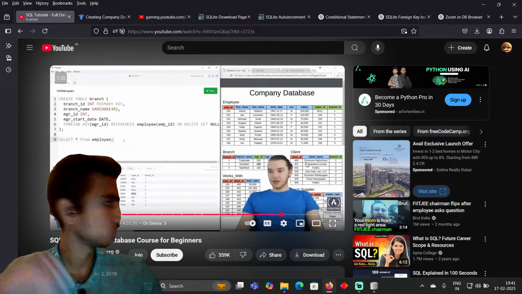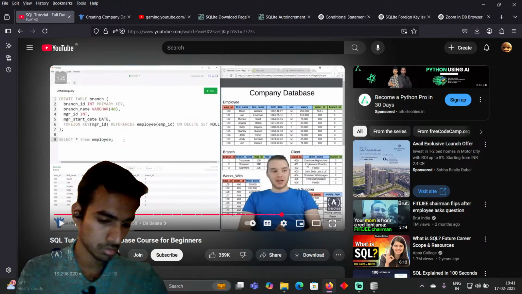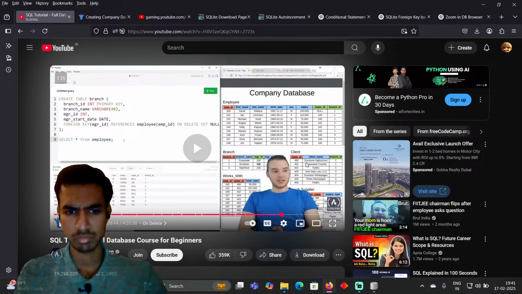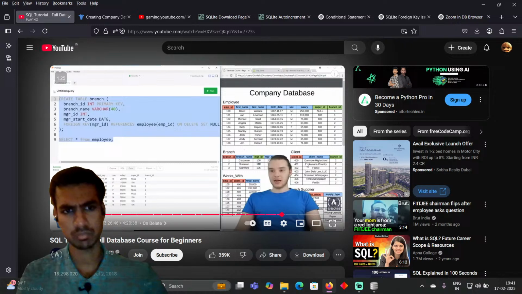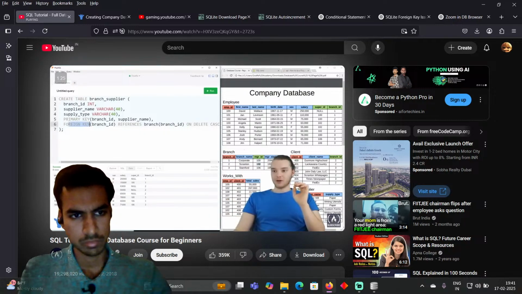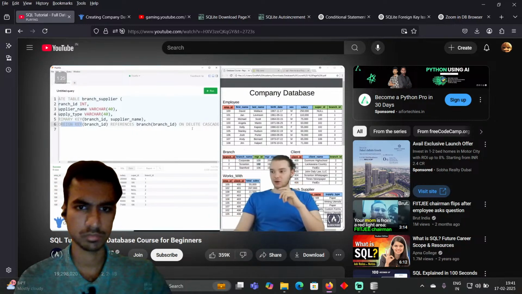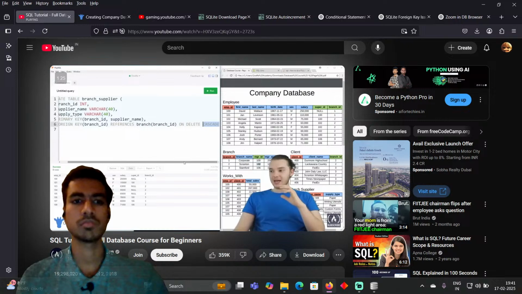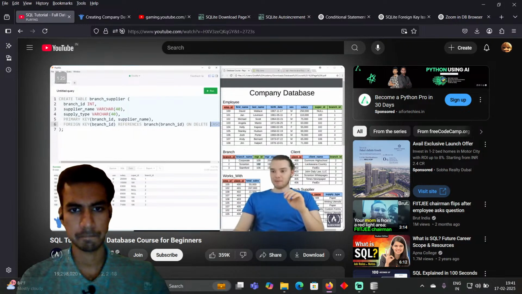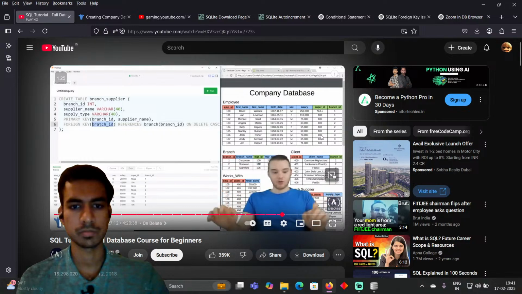set null there. So that is अपने हिसाब से क्या है, is on delete set null, and that's basically how that works. I want to show you guys also how on delete cascade works. So we have this branch supplier table, and the branch supplier table also had a foreign key like this, but instead of saying on delete set null, we said on delete cascade. And when we use on delete cascade, what that means is that if the branch ID that's stored as the foreign key in the branch supplier table gets deleted, then we're just going to delete the entire row in the